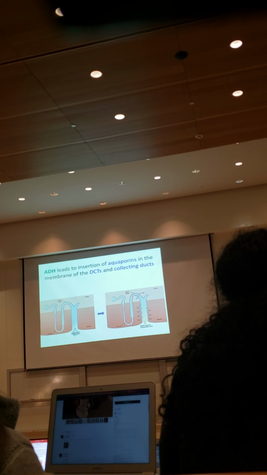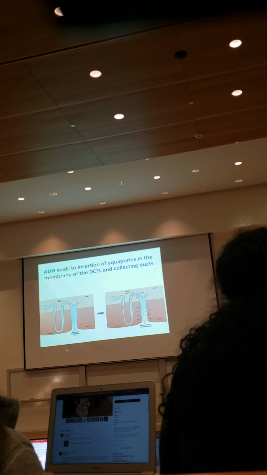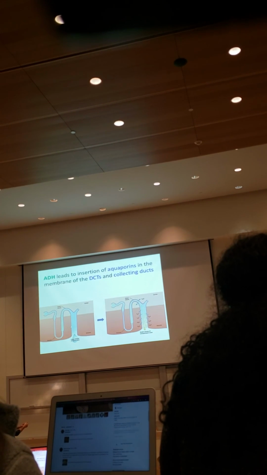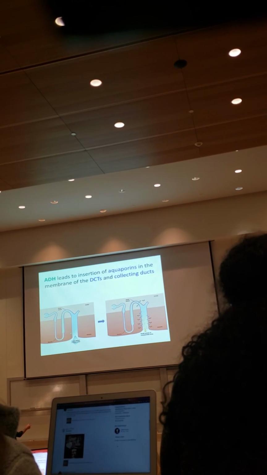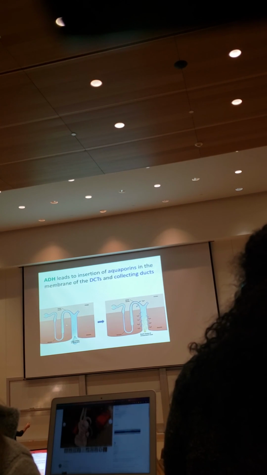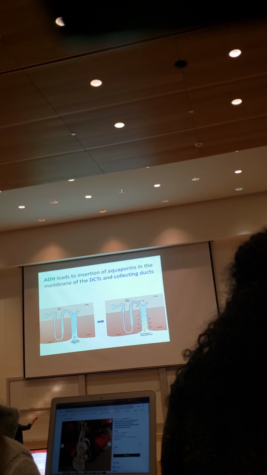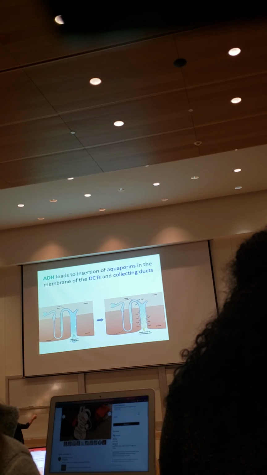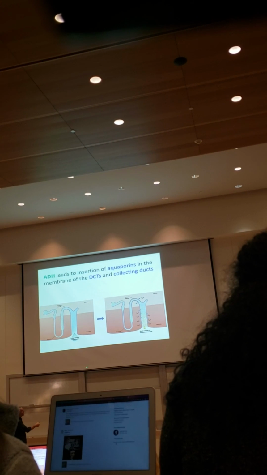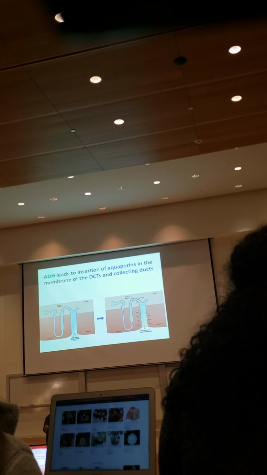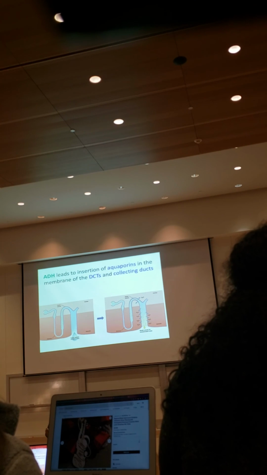So this is what happens. This is a case when we have a diluted urine, when we want to get rid of the water. The dots here just show you the bilirubin, like how yellow; in this case it's not very yellow. In this case, the filtrate goes down, nothing leaves, although the water wants to leave, again, because we don't have aquaporins. In the presence of ADH, that will be there because we want to retain more water,